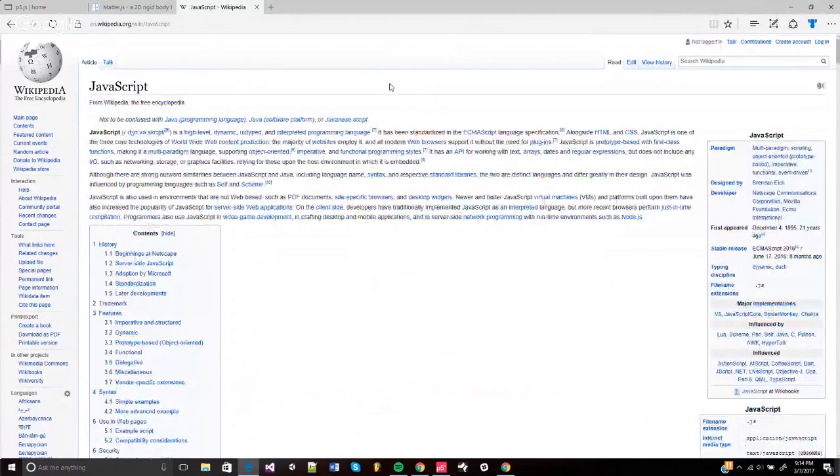JavaScript is different from a programming language. They call it an interpreted programming language here. What that actually means is it's a scripting language. As you can tell from the name JavaScript, scripting languages are languages that you use for browsers. They're not like C Sharp, Java, C++. Those are powerful programming languages. JavaScript is